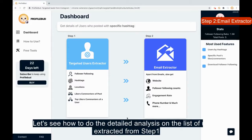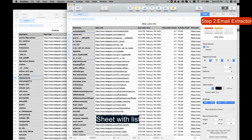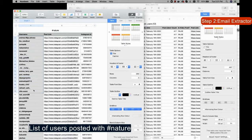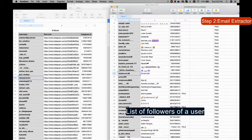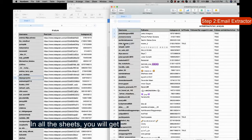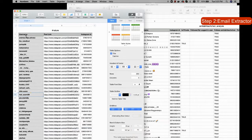Now let's see how to get the email analysis or detailed analysis for the list of users which we downloaded from step one. From step one, you get sheets like this. This is the sheet we got for the liked users. If you do a hashtag analysis, like I did for hashtag nature, for people who posted with hashtag nature, this is the sheet I got. And if you go for following analysis, this is the sheet I got. The one thing common in all of them is that the first column is the username column, and this is the column we are interested in for the email analysis. So all we have to do is copy this column,